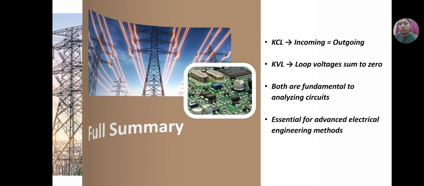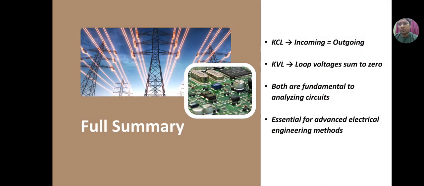Now let us go toward the summary. To summarize, KCL deals with current at a node and KVL deals with voltage in a loop. Both laws are